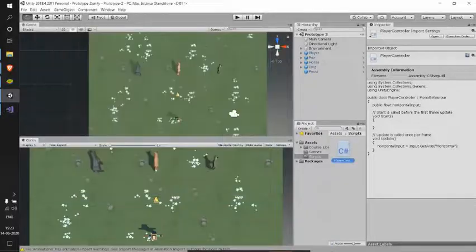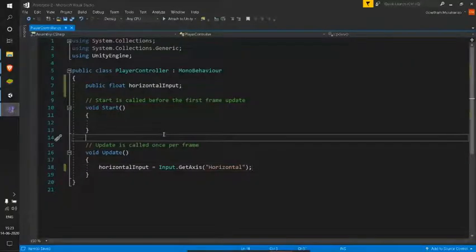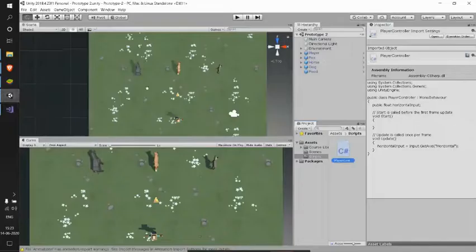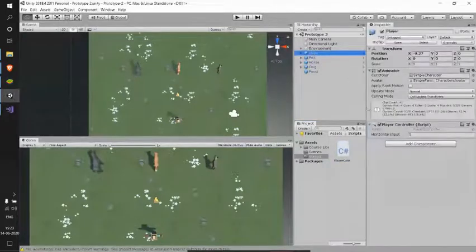So let's save this script and come back to Unity. As the access modifier of this horizontal input variable is public, and public means the variable can be used outside the class, I'm able to see my horizontal input variable here.